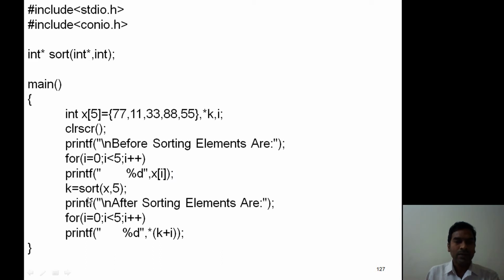Now the function call is sortof(x, 5), and it is assigned to the variable k. Now k is a pointer variable, that means an address is assigned to k. After sorting the elements, we are printing the elements with the help of k.